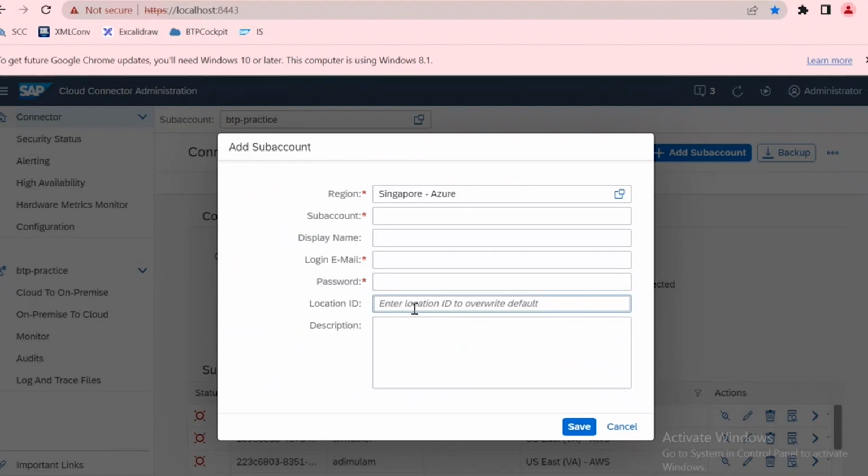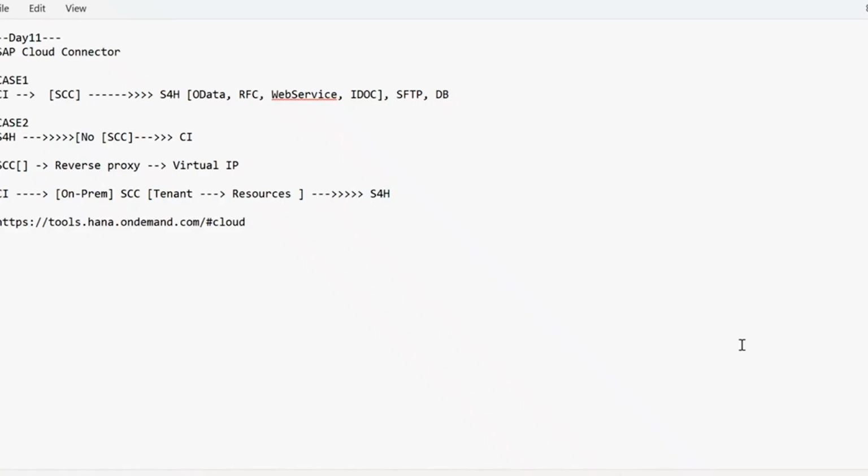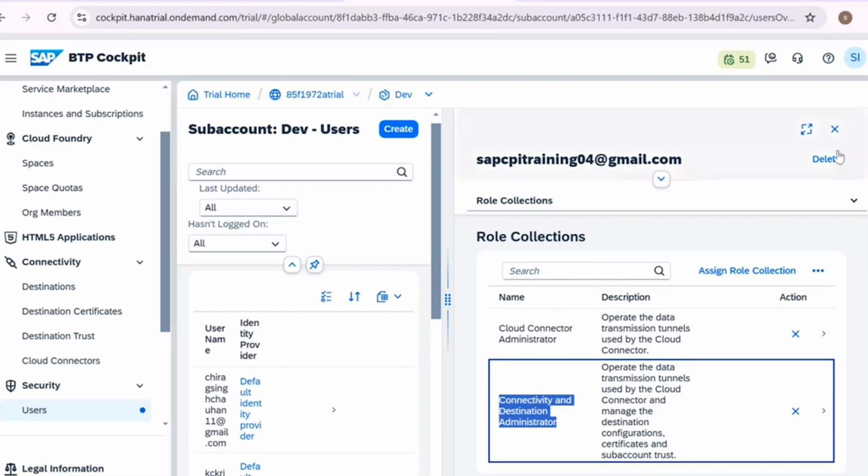And then there's a location ID. Okay, so it is not mandatory, but it is recommended to implement this. If you do not maintain this, it is not going to give you an error. Okay, this location ID, we have to use it in our configurations as well later. Okay, so why is this location ID there? The concept of location ID is, let's say I am having